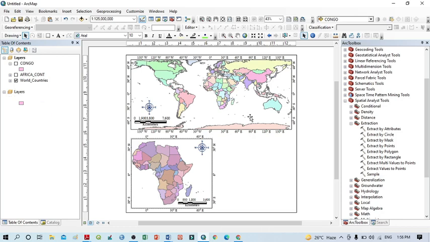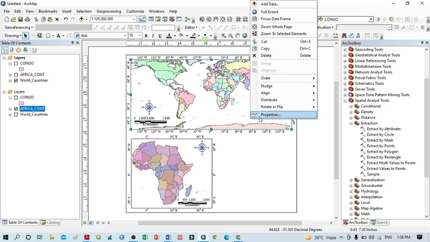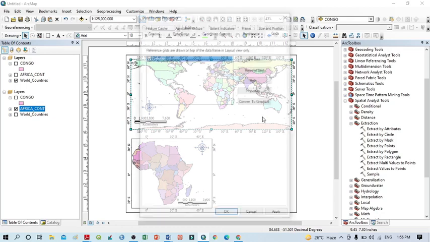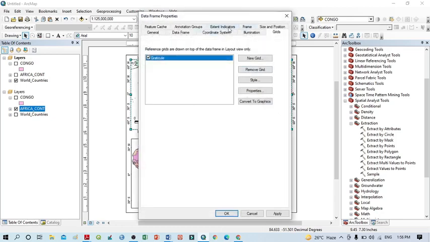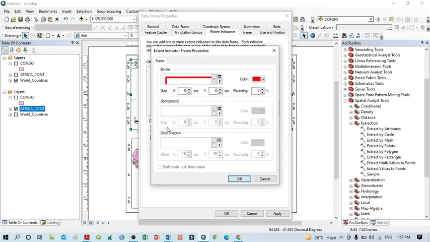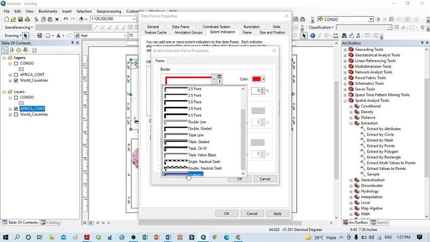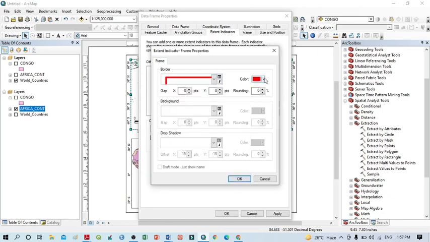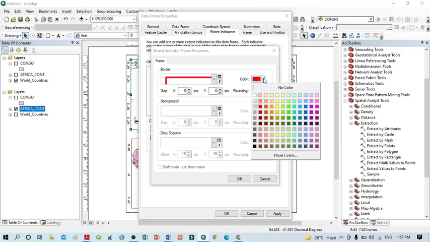Simply click here, then click here, go to properties. Within these properties you can see the extent indicator. In this extent indicator, you can see one layer is there. So select this layer, add this layer within this show extent indicator. Then you can click at this frame. You can select any color from here, blue, green, red, like this. And you may also change any color from here. Whatever color you want, you can take from here. Then click on OK,